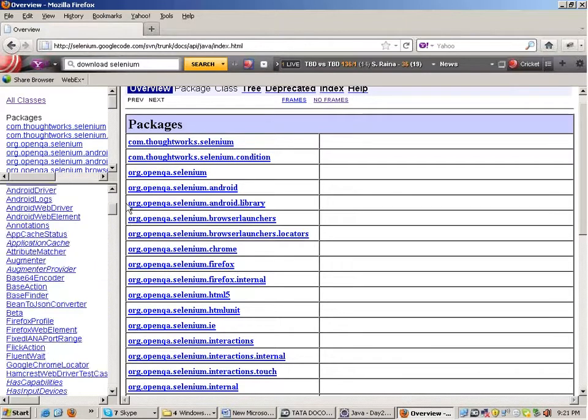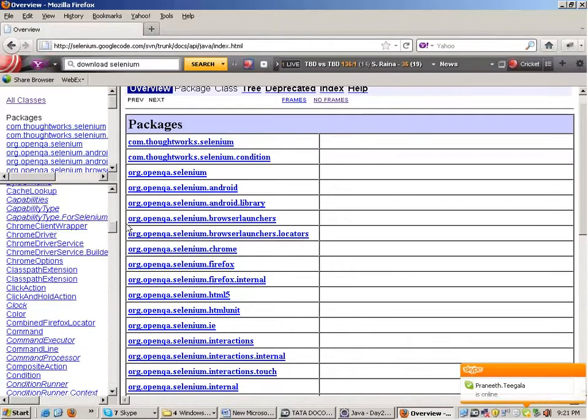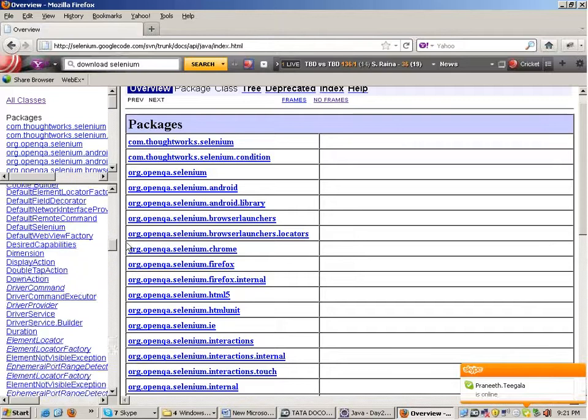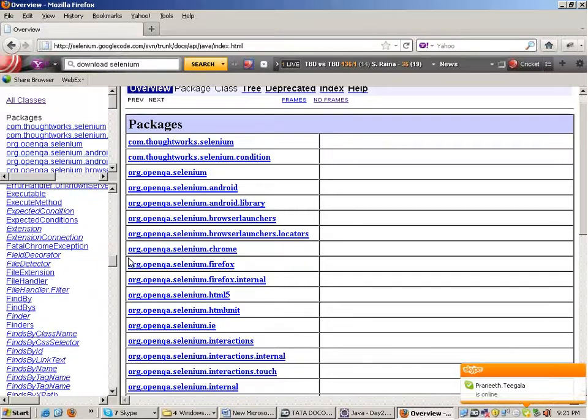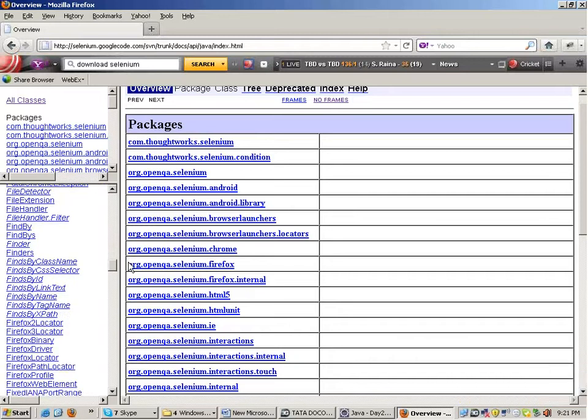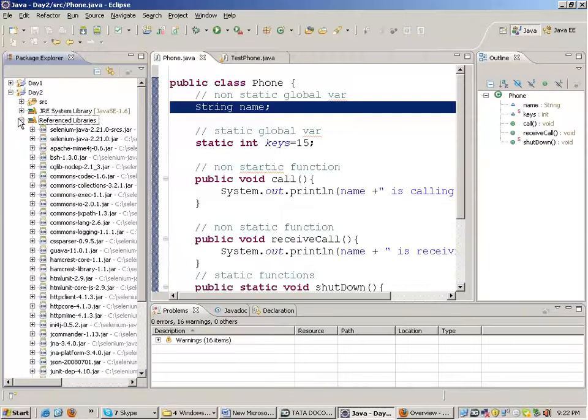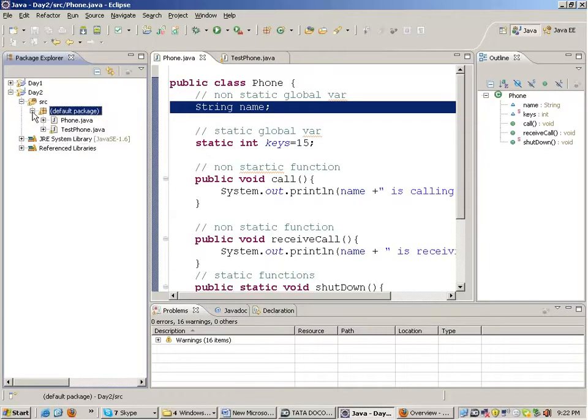And one of the classes, which I talked about yesterday as well, is FirefoxDriver. This is the class FirefoxDriver. It is responsible to test your application on Firefox. Let's use this class.